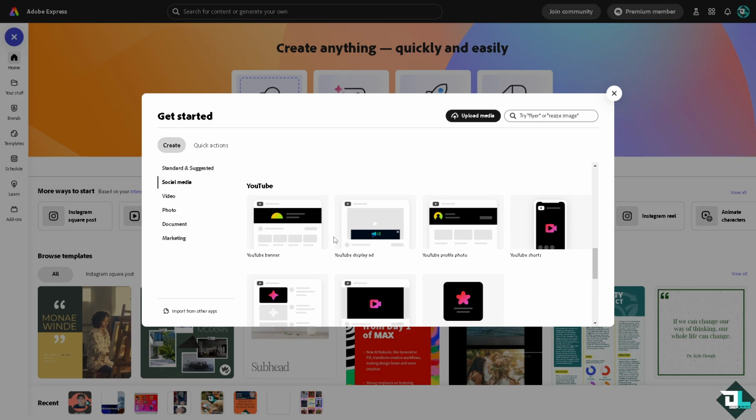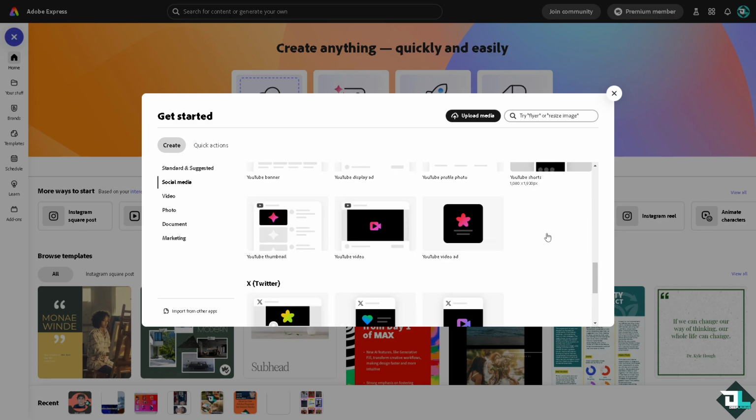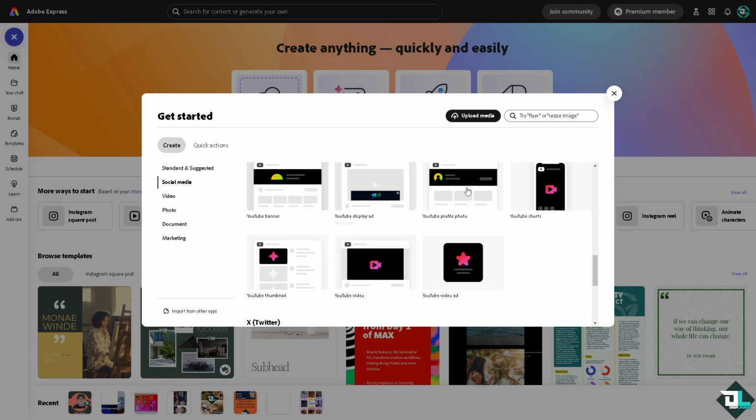Now for YouTube, you have all of these options. You can choose the YouTube banner, and the measurements and the dimensions are also put in, like 2560 by 1440. YouTube display ad, YouTube profile photo, and of course YouTube shorts, YouTube video ad, YouTube video, and YouTube thumbnail. Now we're going to explore all of these, and the first thing that we are going to choose is the